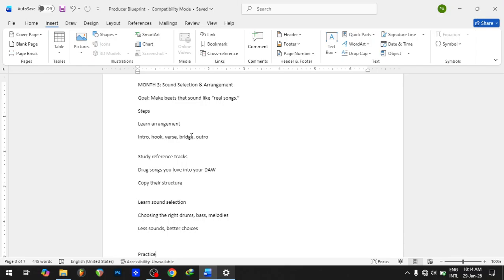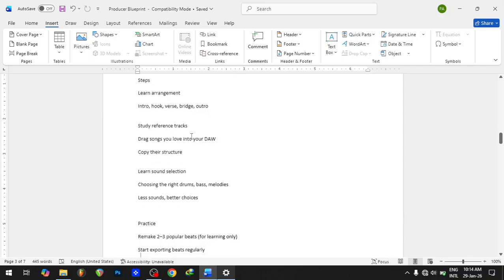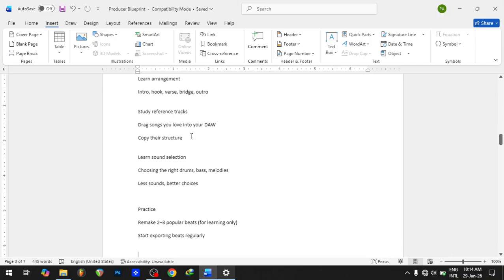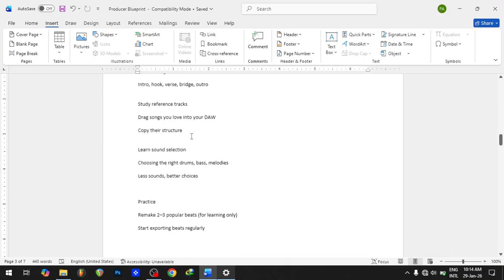Then we're going to be learning song structures. That means the intro, the hook, the verse, the bridge, and the outro. So we're going to be studying reference tracks. Drag songs you love into your DAW and copy their structure. What this actually means is that a song you actually like, you drag it into